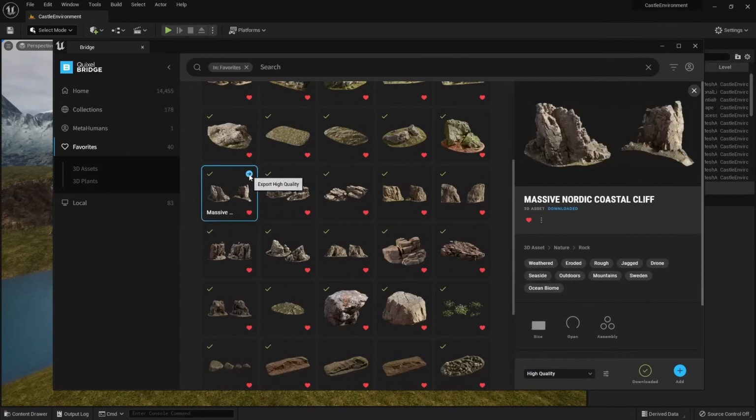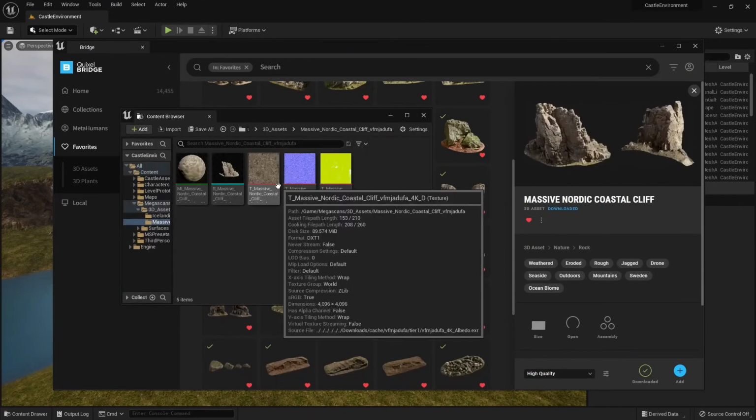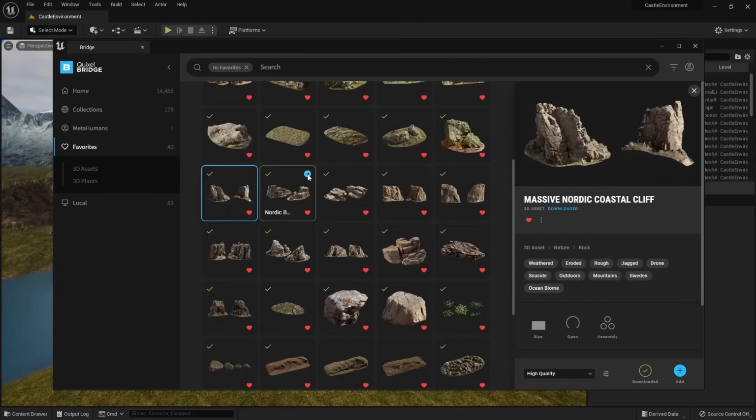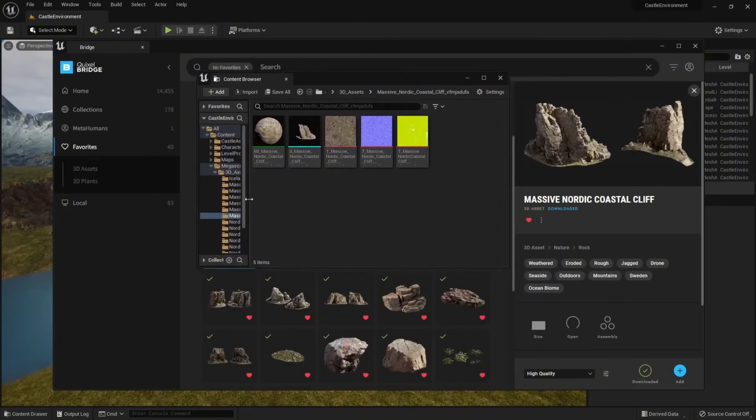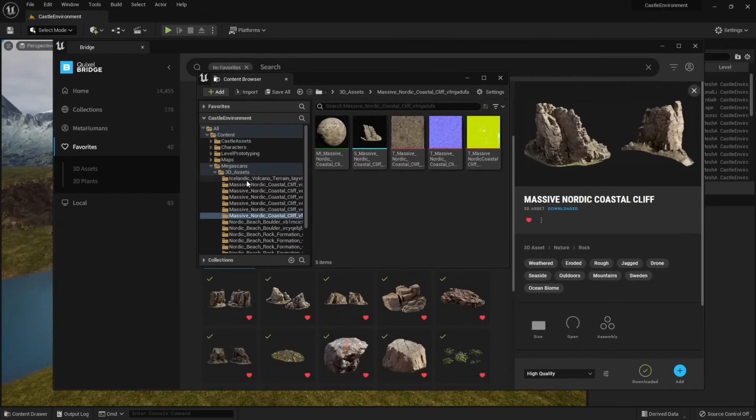So I've already gone ahead and I downloaded a lot of these objects. I'm just going to go through and add all the large cliff meshes. So we're not adding foliage and small rocks just yet. I'm only adding the very large cliffs to my project. And now that I've added all of these cliffs, we can see that we have a lot of new